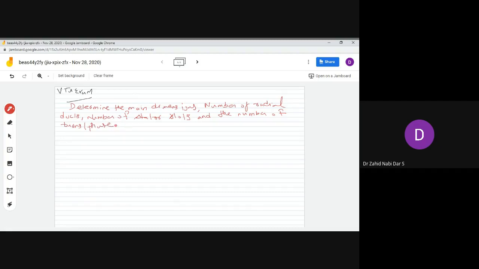Number of turns per phase of a 3.7 kilowatt